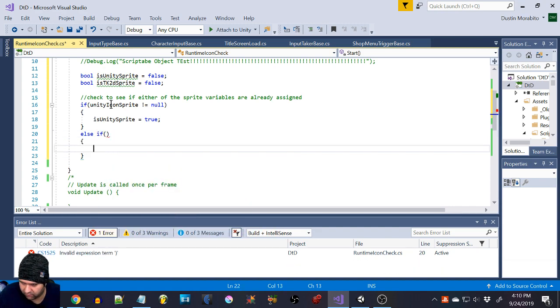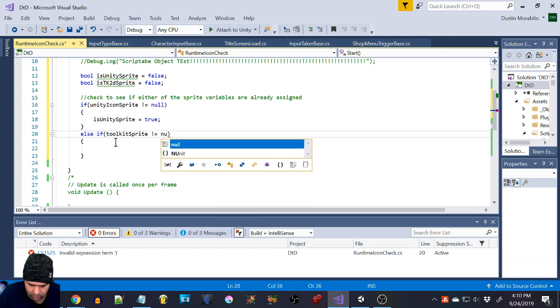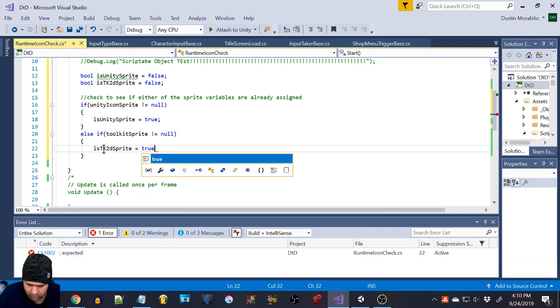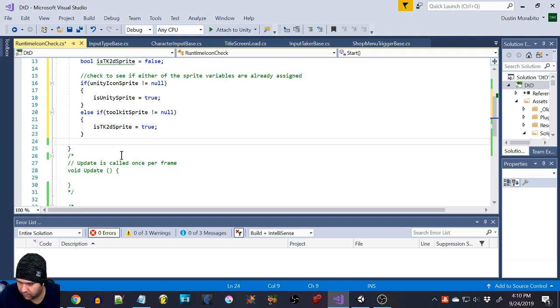We're just gonna assume that if one of these is assigned, that's the only one we're manipulating. So we'll make this an else. Okay, so that way only one of these can ever be true, and then